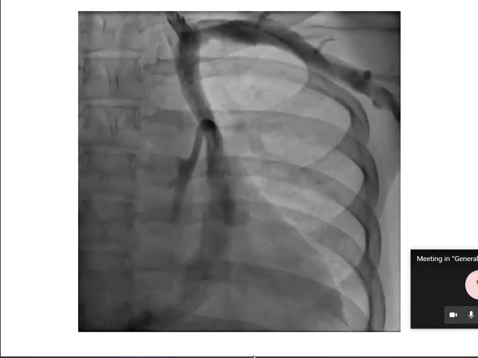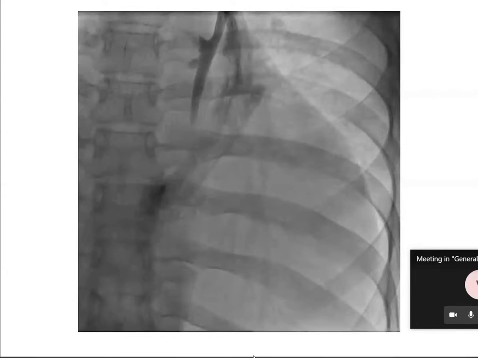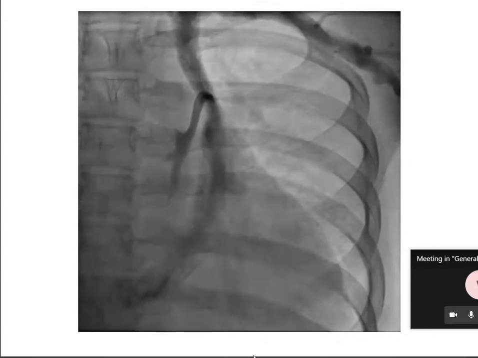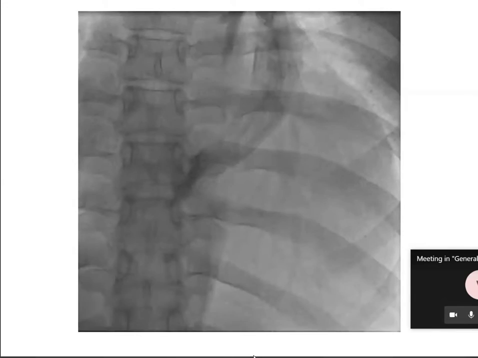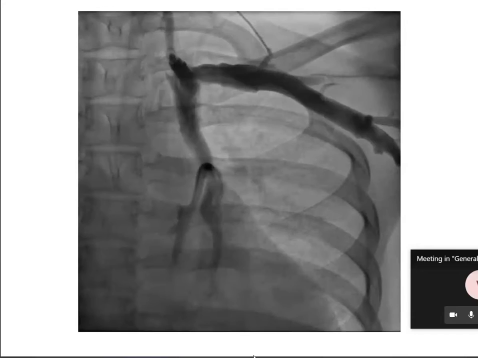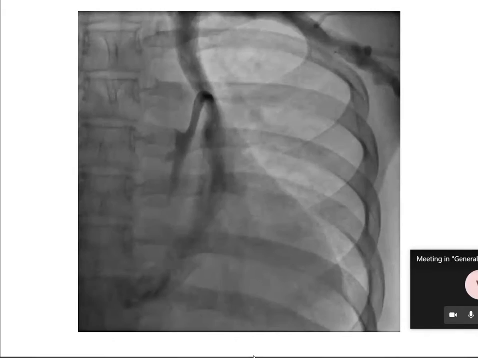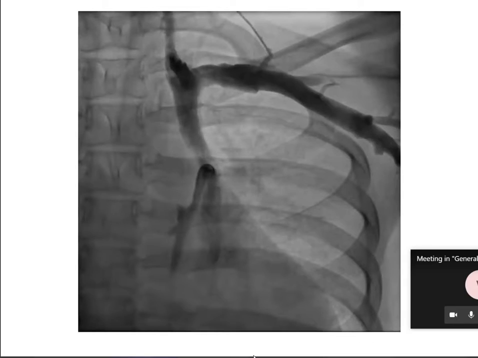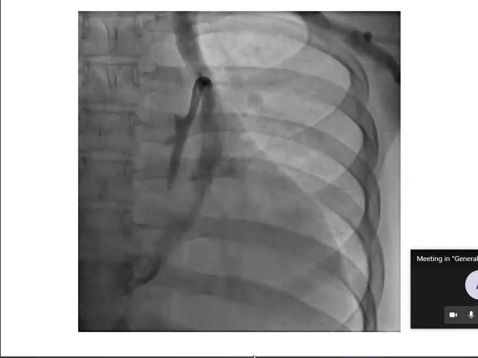Not through the oblique vein actually. It is the remnant of the oblique vein that you are seeing. So this is draining to which chamber? Coronary sinus drains into which chamber? Right atrium. So it is draining into the right atrium.